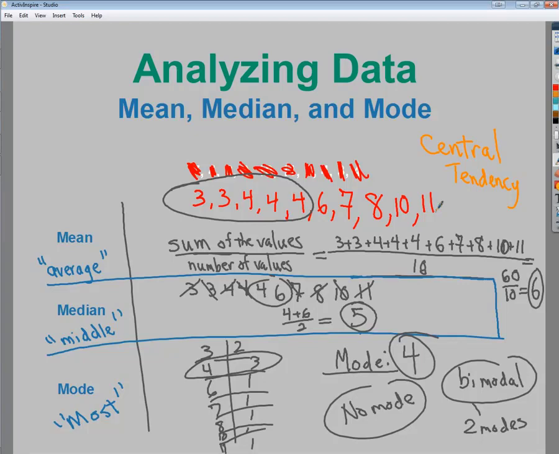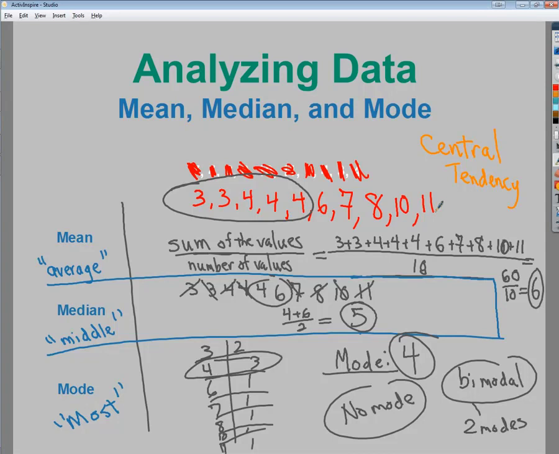The mode would have no benefit to me for the most part, unless I had a whole bunch of hundreds or something. But the mode probably wouldn't tell me much in terms of the data. There's other situations where the mode is reasonably useful, but in that case it would not be that helpful to me. But anyway, look at the data in terms of how it's skewed around, and you get a good idea of which one, mean, median, or mode, is the best for you to analyze central